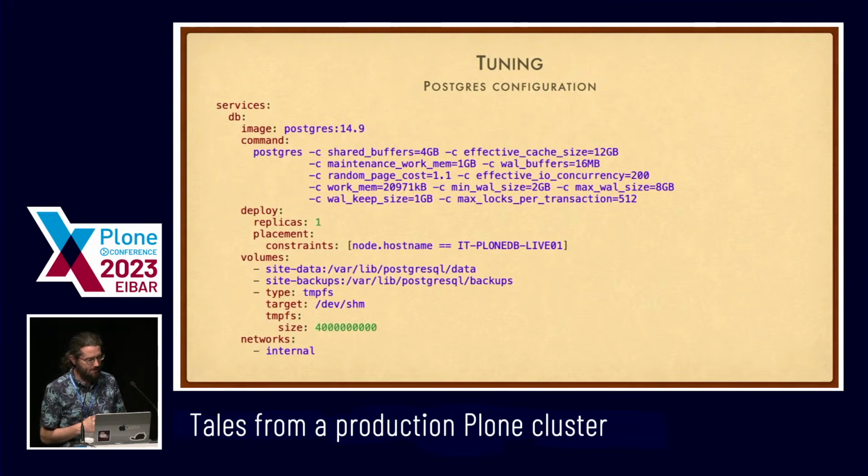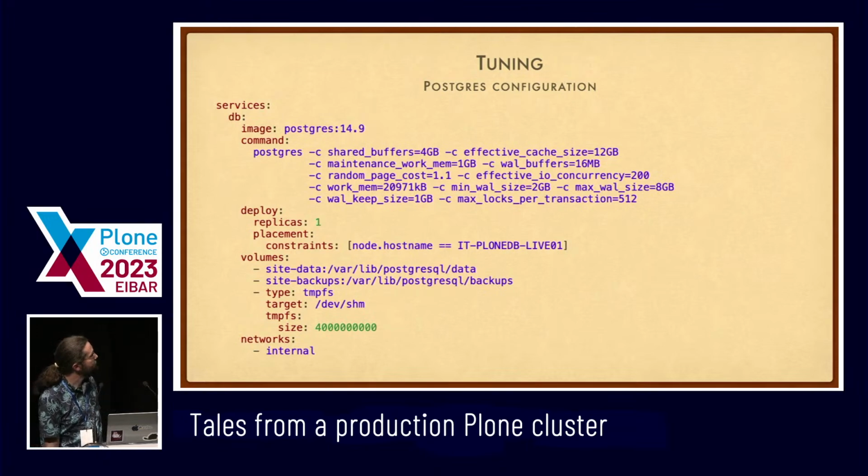We also have some things to tune at the Postgres level. This is a whole bunch of configuration that I don't necessarily need to talk about all the details. But a lot of these settings have to do with how much memory Postgres is allowed to use for different operations. So the basic relationship is the more memory you give it, the faster things can happen in some cases if you're doing an operation that's processing a lot of data. So think about how much memory you have on your machine and make sure that you're actually giving Postgres access